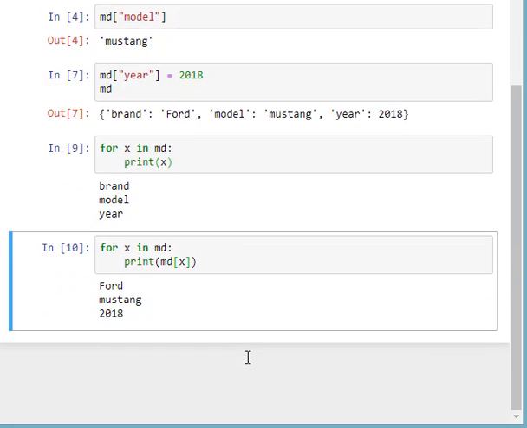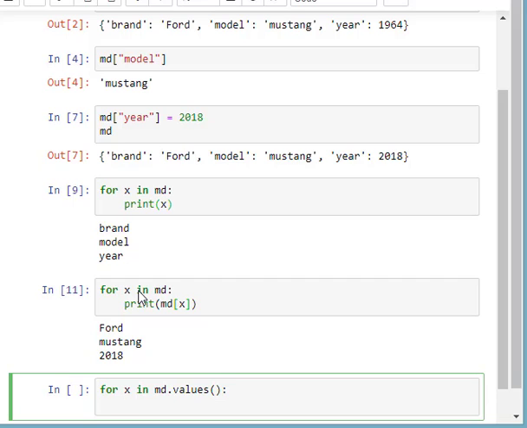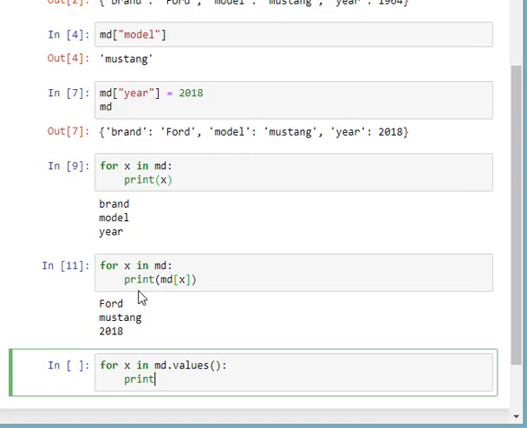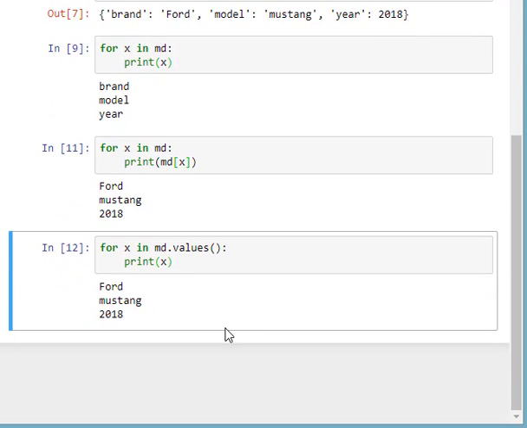See, now you can see here it is giving me the values but not the keys. There is another method to access the values. Suppose for MD dot values, if I am using this method, then it will print the values. This is another method which we are using to print the values.